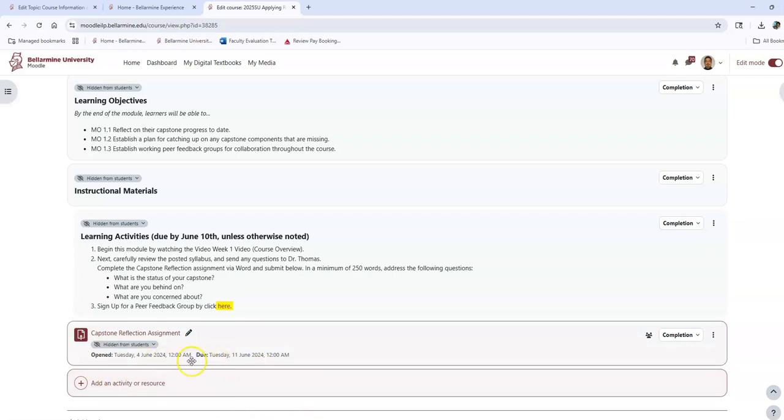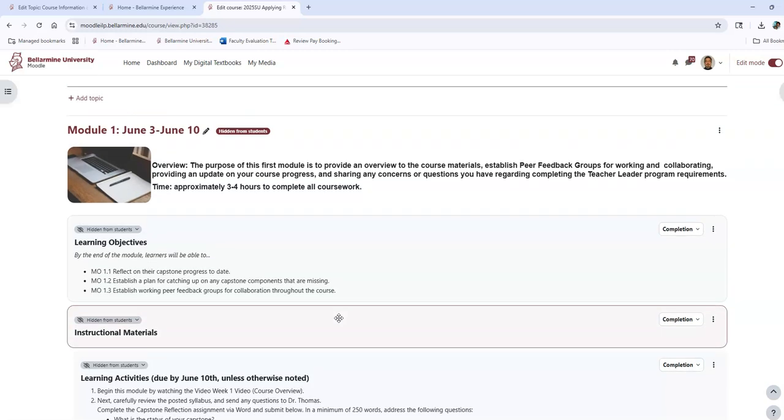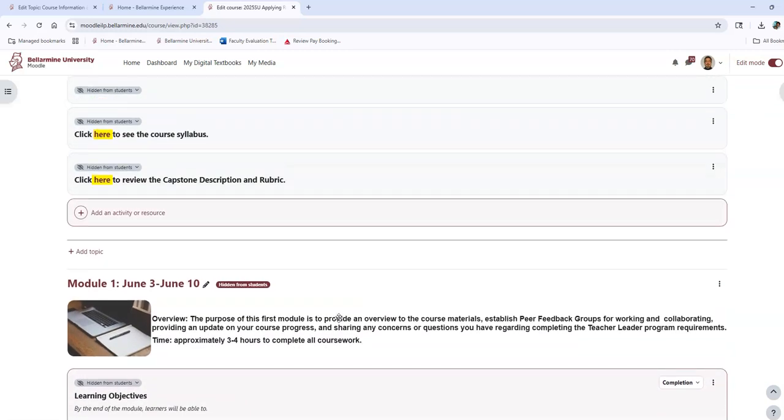I'm just noticing here, I do need to change that due date. It will be open today and it will be due next Tuesday, which is actually the 10th this semester. Anyway, that's just a brief overview of the Moodle and the course itself. And if you have any questions, don't hesitate